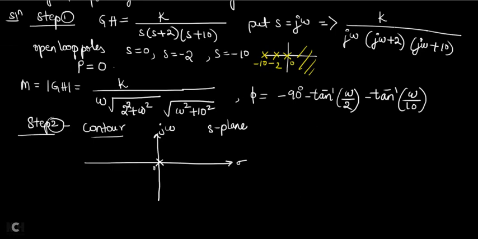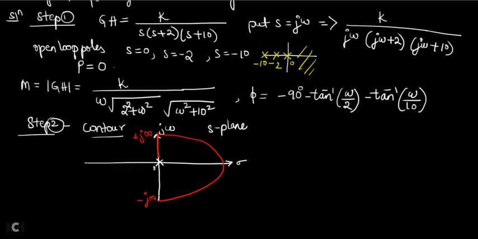Now how should you take the contour? You cannot take the contour along the entire j omega axis. I should not take the contour wherever a pole is present. You should bypass it and then take the contour. So I'll start the contour from a point slightly above the origin instead of from the origin. I'll go up to plus j infinity, then take the entire RHP as the contour, and then I will come to minus j infinity.